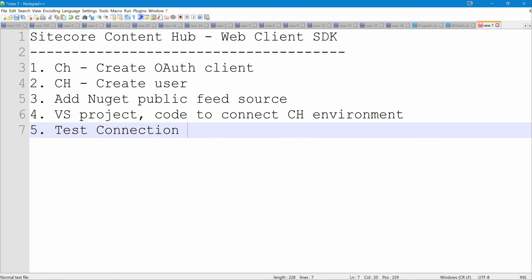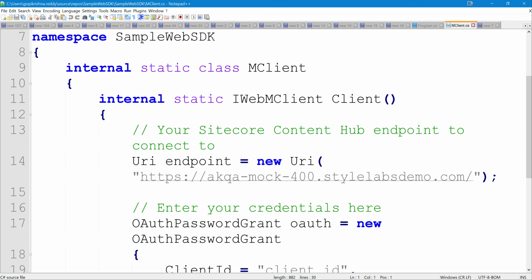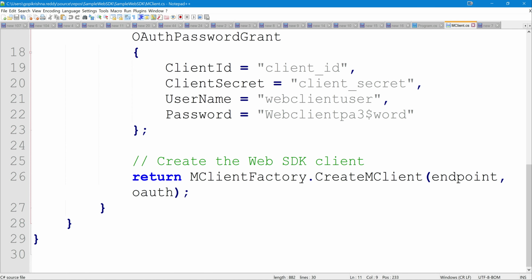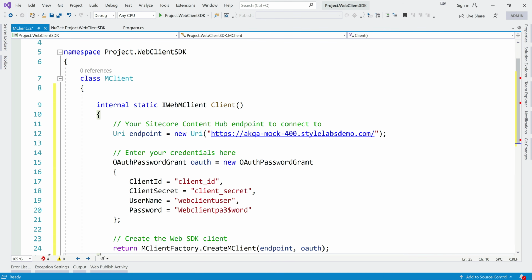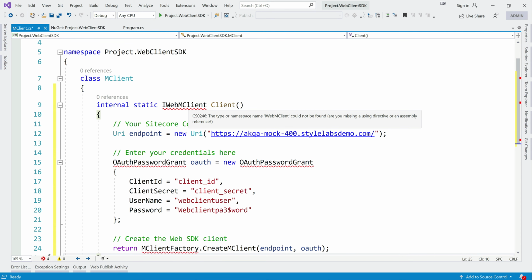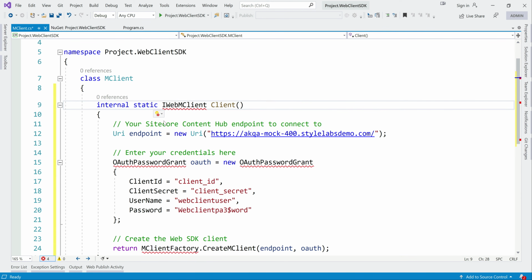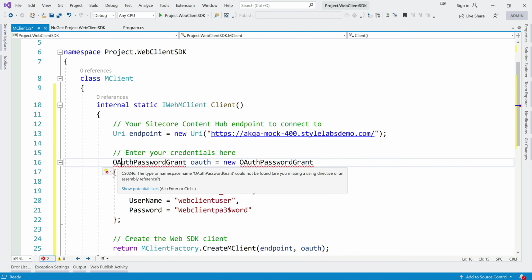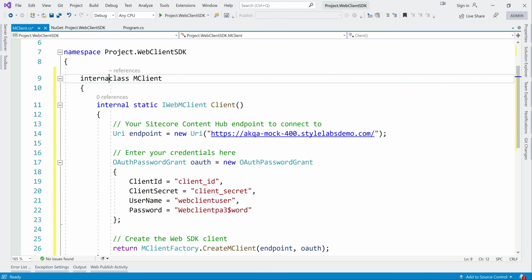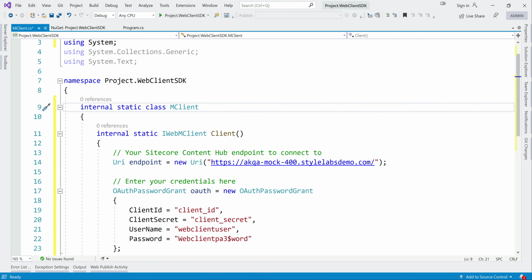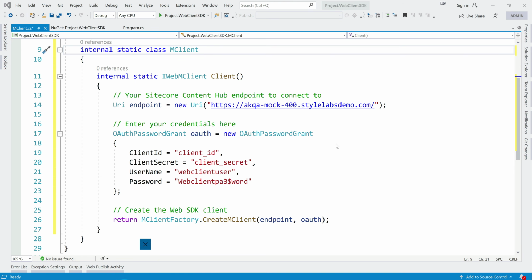For demo purposes, I already have these things written, so let's copy this method and resolve these namespaces. Let's quickly look at the code. This code I have also taken from the documentation itself.